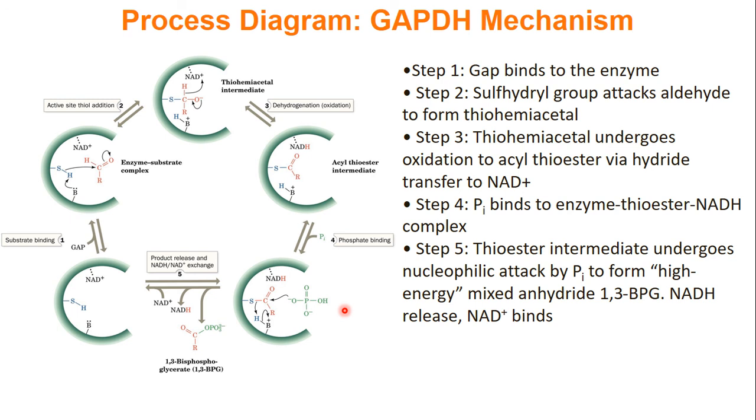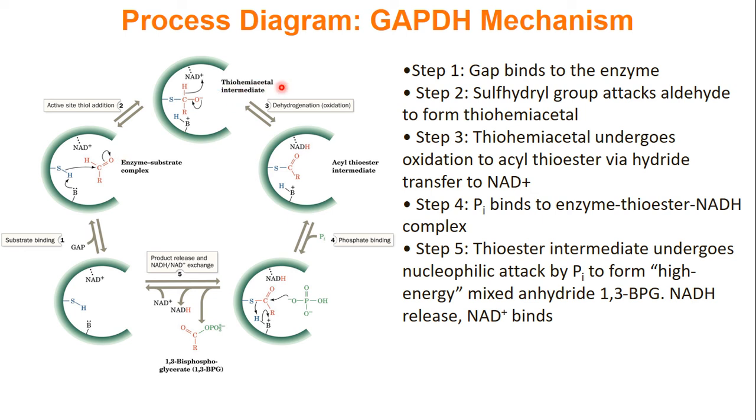So let's take a look at this mechanism. So here, the first step is that we're going to have our GAP bind to our enzyme, as shown here. Next, an important sulfhydryl group will attack the aldehyde. And we're going to have a base take the hydrogen away from our sulfur, a sulfhydryl group. That sulfur is going to attack the carbon of this carbonyl carbon, forcing this oxygen to be negative. And this is a thiohemiacetal